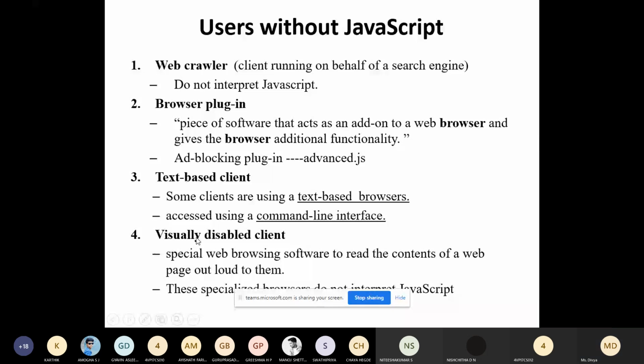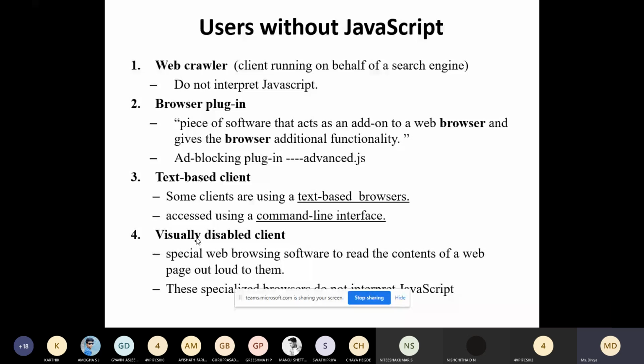The fourth one is visually disabled clients. There is a special browser for visually blind people, special web browsing software to read the content of a web page out loud to them.